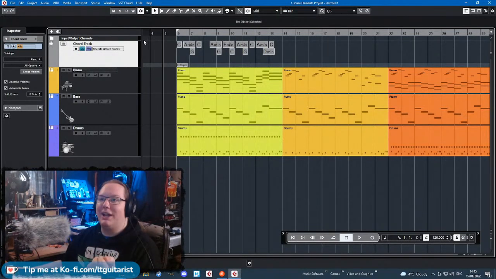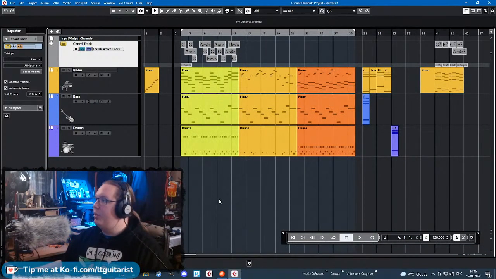The chord track can send out random MIDI information, which is really unhelpful, so I tend to keep it muted just to avoid anything stupid happening. So chord track, just press the little M to mute it so it doesn't do anything silly. That was chord tracks